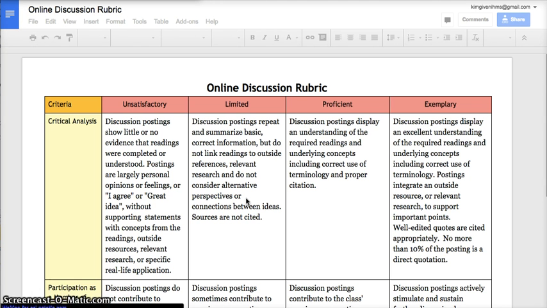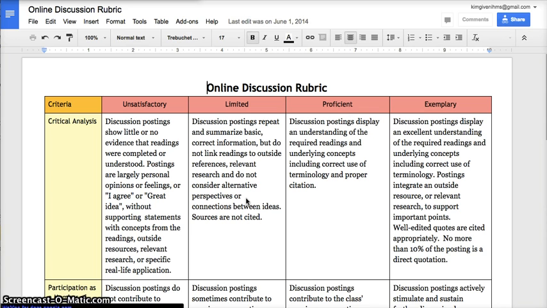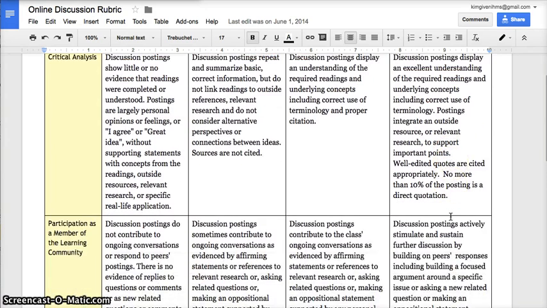And this kind of helps reframe me, because I don't know about you, I spend time on Facebook and I do a lot of thumbs up or liking of things. That's not really what an academic format is. You can say that you agree for sure, but we're really looking at that you're displaying your perspective of your understanding of the readings, which might mean including a quote. It might mean referring to somebody else's post and then elaborating on that. You want to cite your sources.